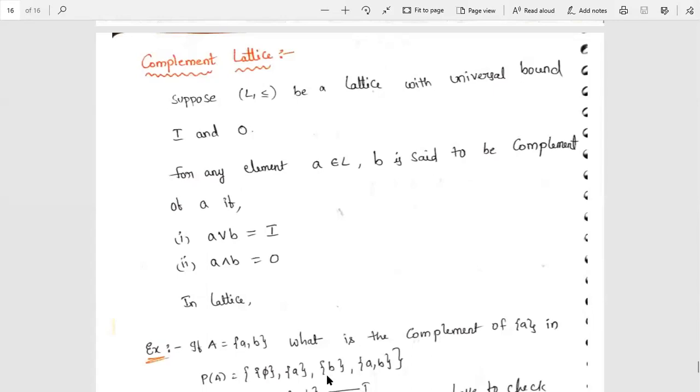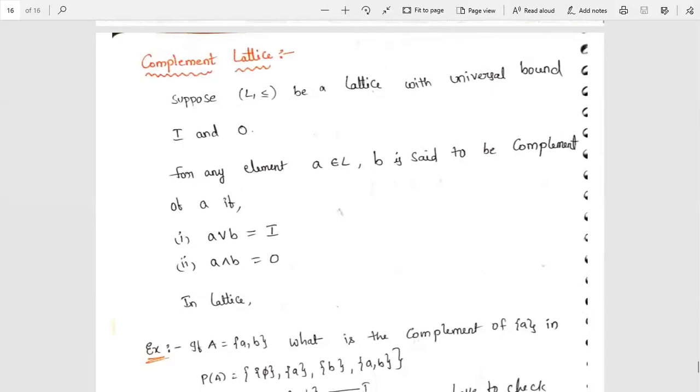So suppose, what is the definition of a complemented lattice? Suppose (L, ≤) is a lattice. The given poset is a lattice with universal bounds. The bounds are I and O, where I is the greatest element and O is the least element. For any element A belonging to the given lattice L,